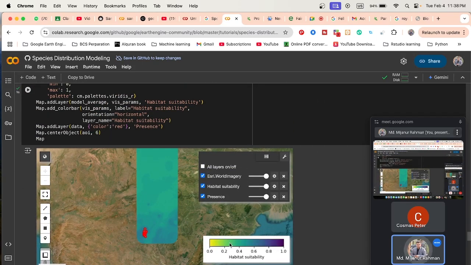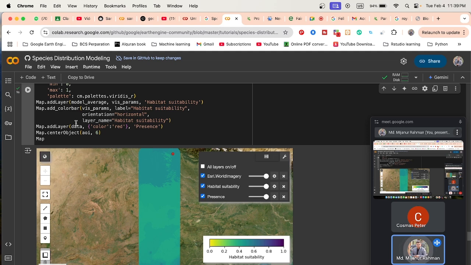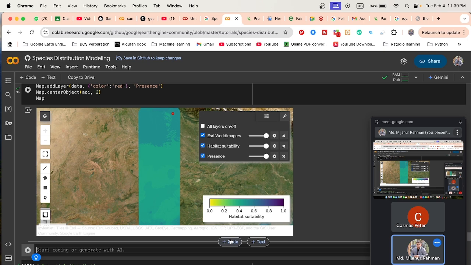Suppose this map, the habitat suitability map. These things we can download. Right here, with the same code, export image to drive,